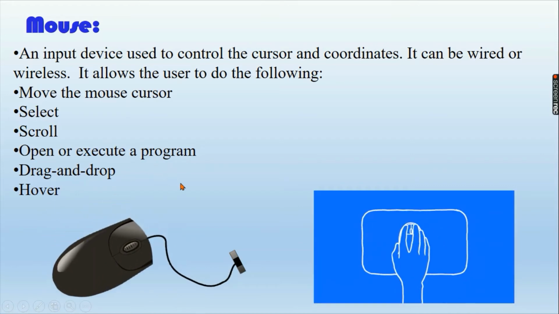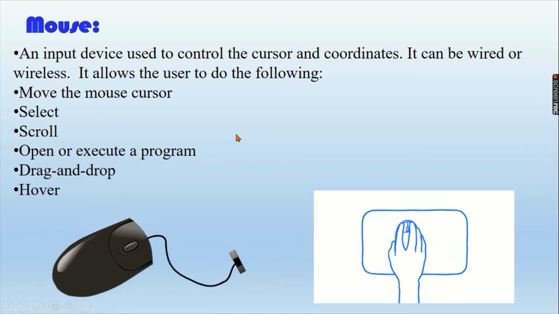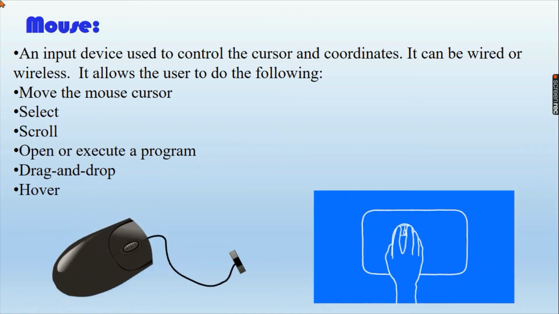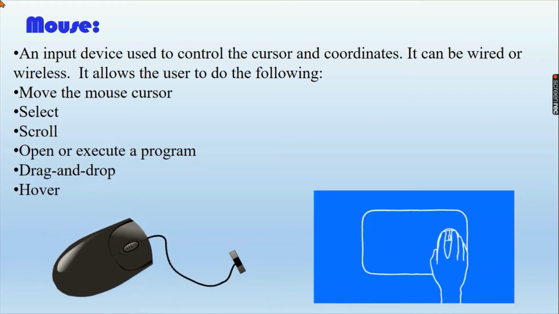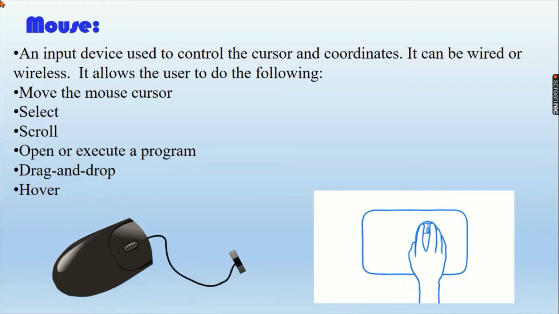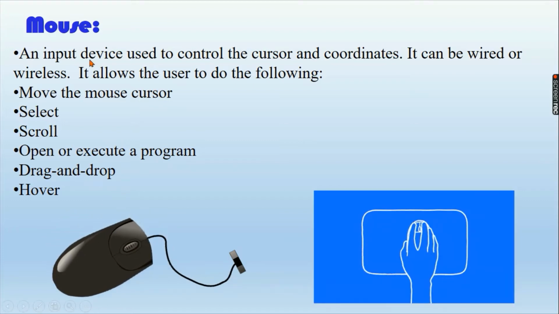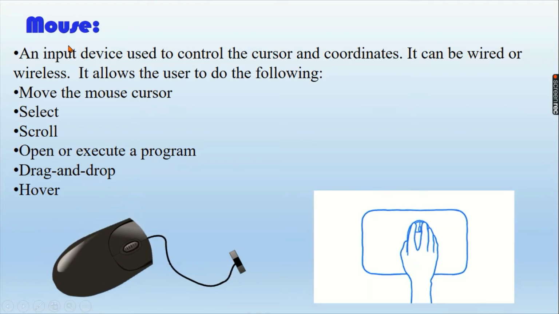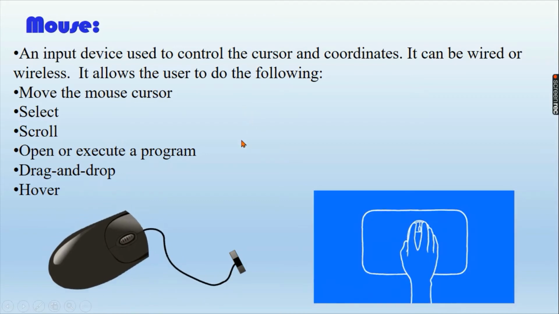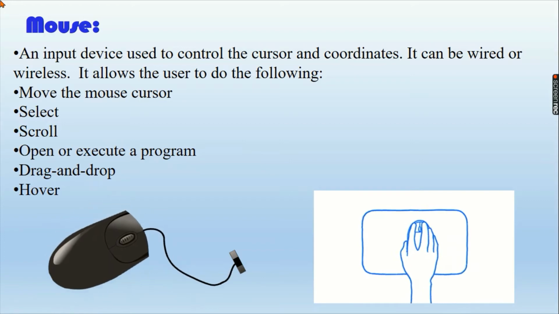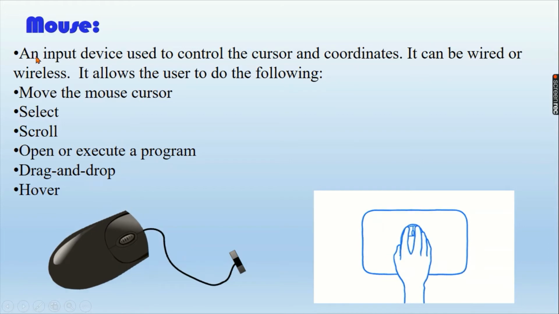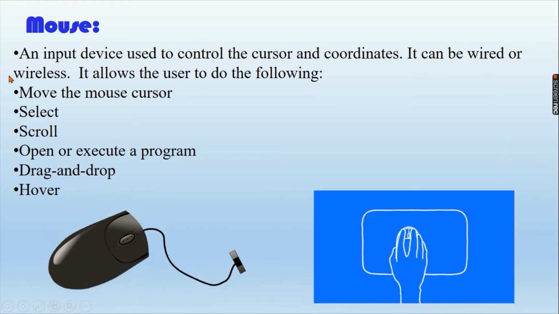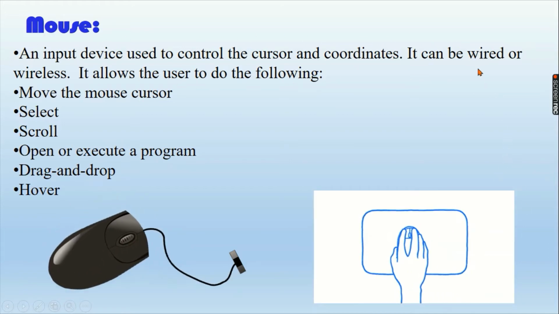So the mouse is normally used in a graphical user interface. Any kind of software that has graphics, or an architect or a screen designer or animators or cartoonists, they normally use this kind of device, the mouse. And in the Windows operating system it is very common, because in Windows any kind of graphical user interface software we use a mouse. As we can see on the screen, my mouse pointer is moving across the screen all over here, you can see.